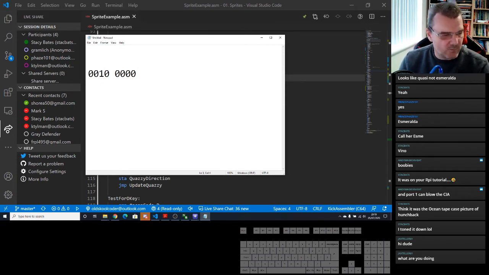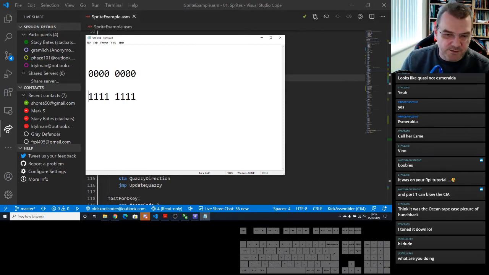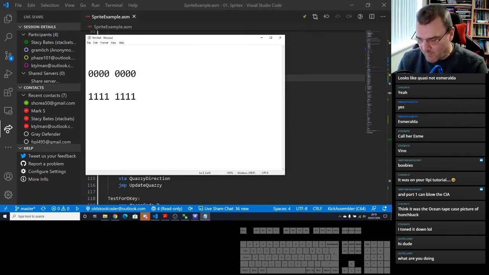It doesn't quite work as simple as that. In fact, the CIA ports are all 1s, they're all high. Then when you press, say, down or up, it makes it low and it turns into a 0. So we have to test for zeros for the directions.